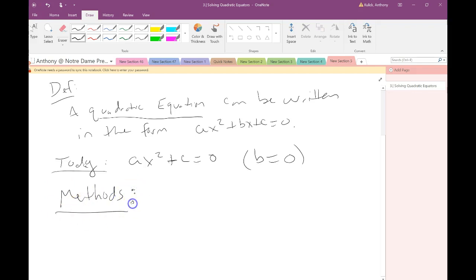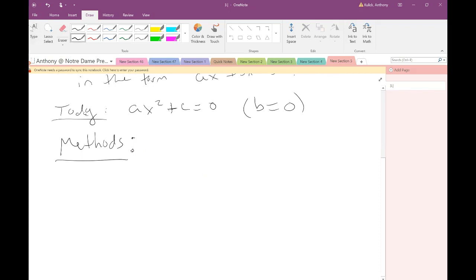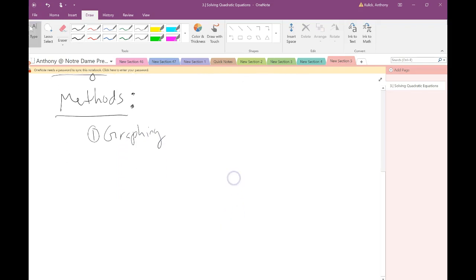Now, there are three primary methods that we're going to talk about using to solve a quadratic equation, because solving a quadratic equation is not exactly the same as solving a linear equation. So we have a couple of methods. Some of these we've already talked about. The first method is graphing, and this is a method that we've looked at before when we talked about solving